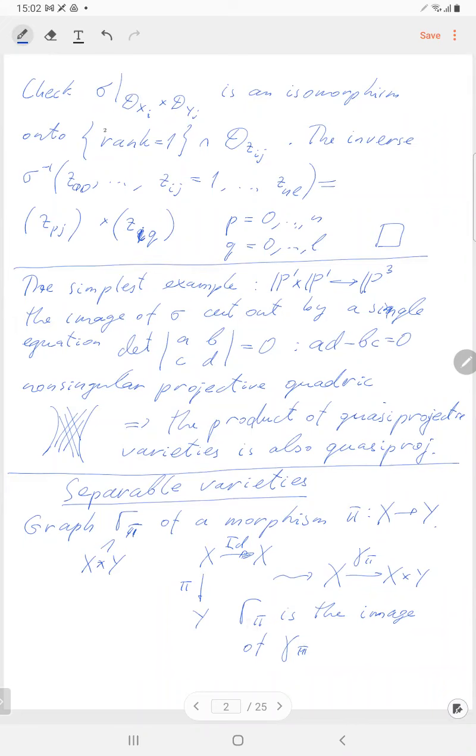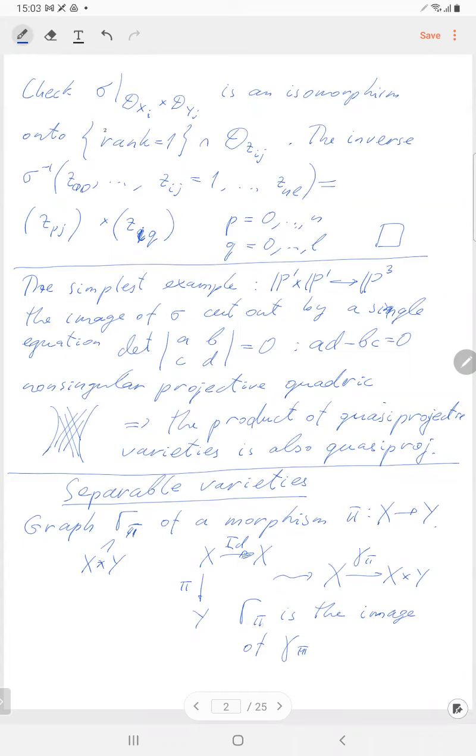The condition that guarantees that the graph will be a closed subvariety is called the separable property of Y, of the target. Okay, so first of all, let us